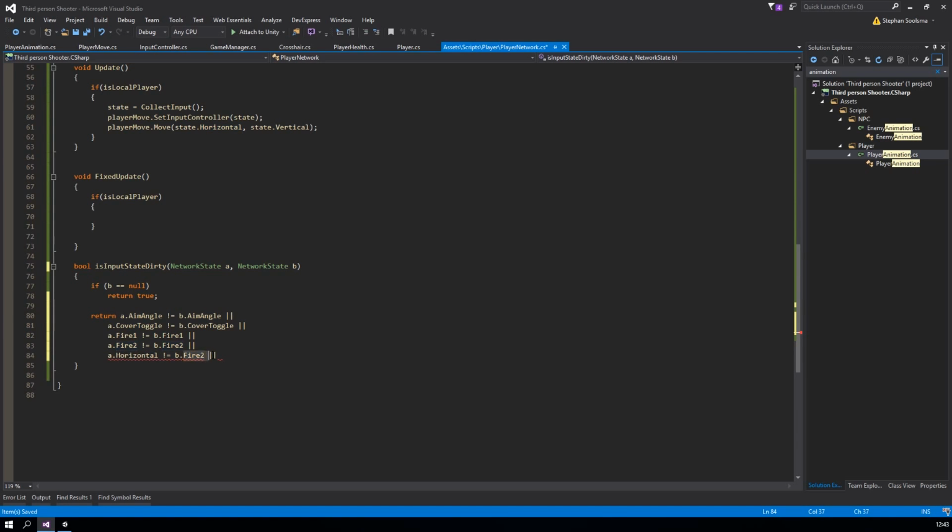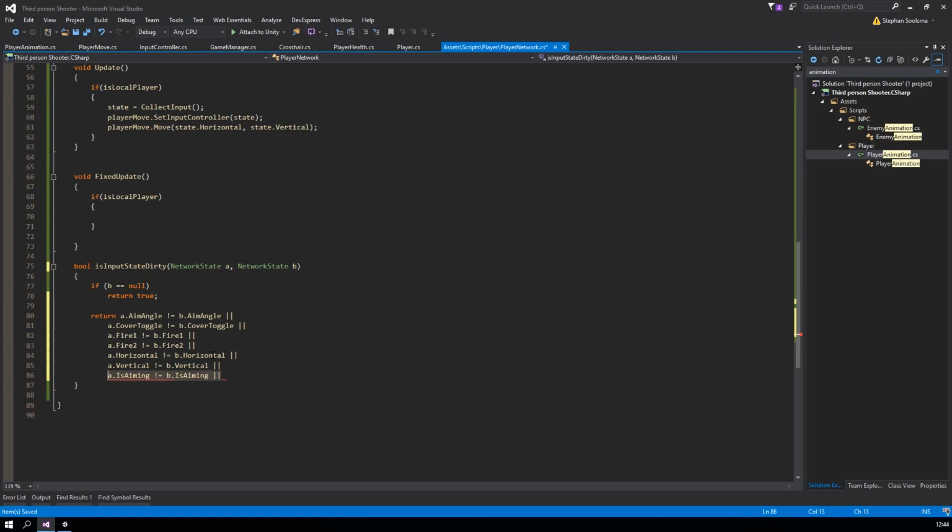Also for moving, even better example, if we move horizontally or vertically, we are only updating if it has changed since the last update. If it doesn't, we just keep repeating the last state we have received. Yeah, so let's add the vertical here, and also let's see what would we have more. Is aiming